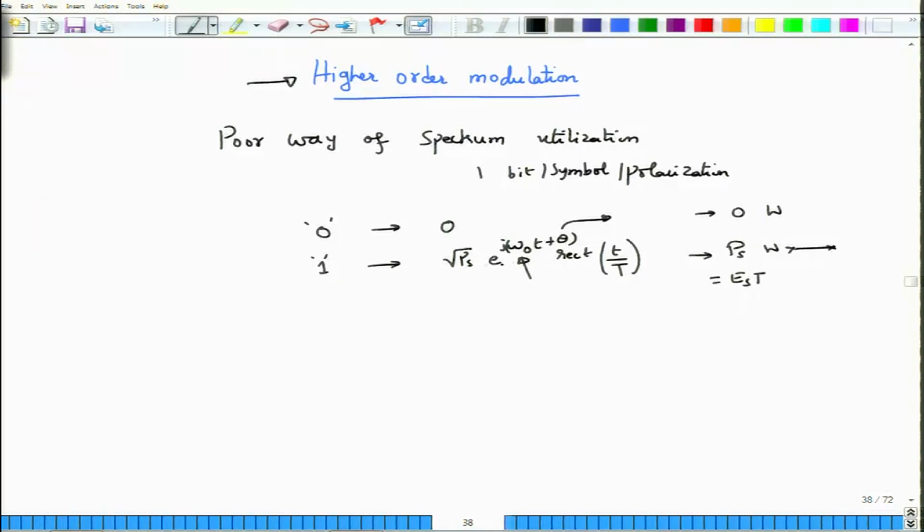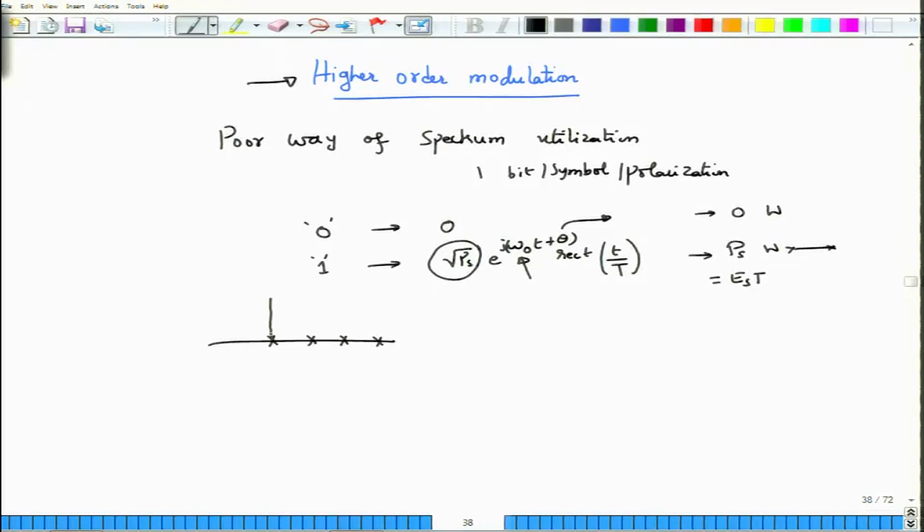But if you go back and look at it in terms of the amplitude, the electric field that would be propagated in the fiber would be in this form: exponential to the power j(omega naught t plus theta). We neither exploited theta nor omega naught, we just changed the amplitude. Now you could take this forward. For example, one way of implementing this higher order modulation is to consider 4 different amplitude levels.